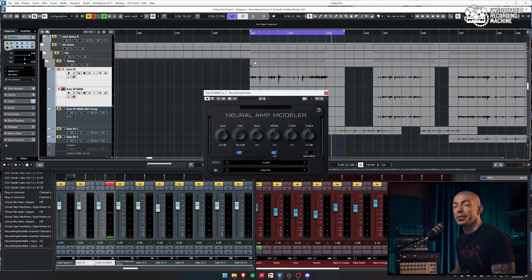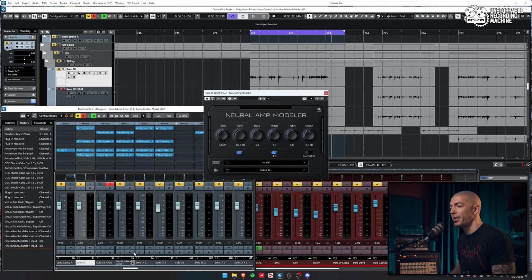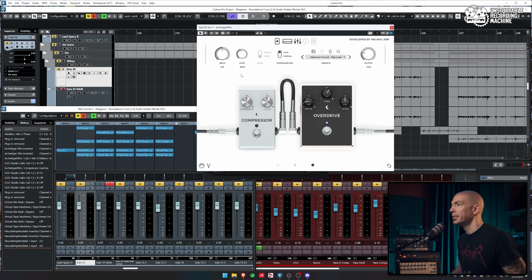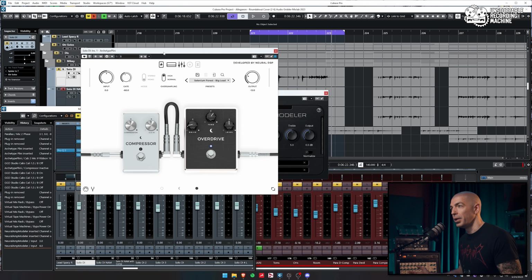It sounds pretty identical. Realizing again that another thing I should have probably disabled on the archetype would have been the built-in gate that I did have up, because I'm hearing more noise in our model. That's probably one thing that's throwing the modeling process off even more. I typically wouldn't model a plugin, so there's a few things that don't really apply to a real amp. Most of my amps don't have built-in gates. But yeah, that probably would have been a move, is to turn that gate off and really strip it down